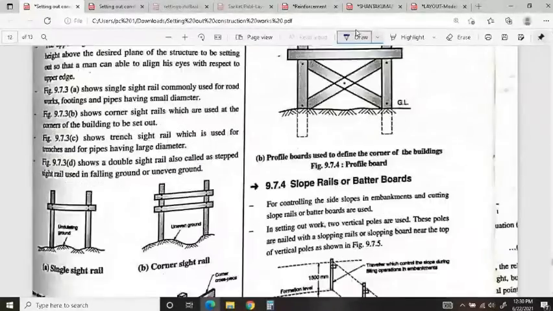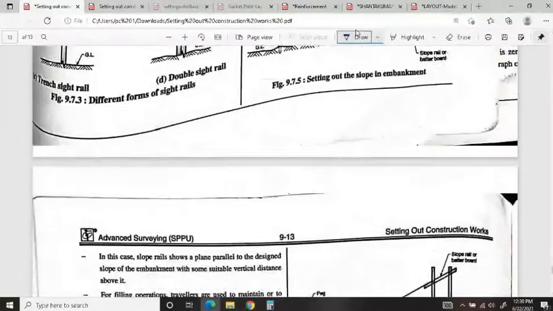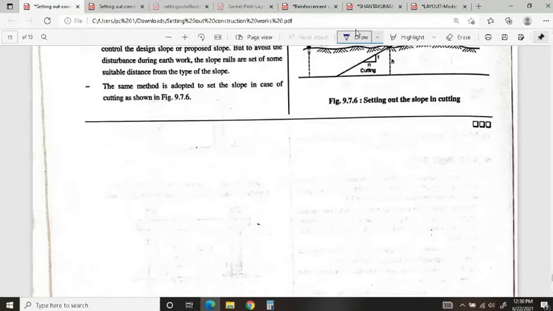The remaining things are not that important. So this is the end of your sixth unit. If anybody having